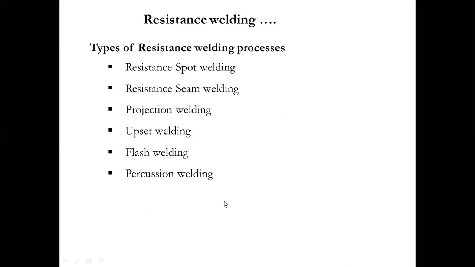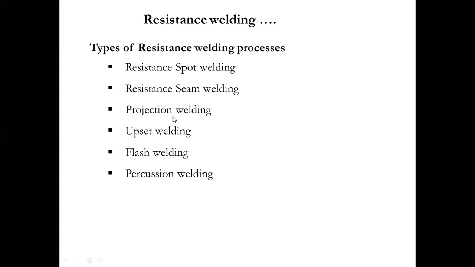Now comes the categories of resistance welding. All are the same. The concept is the same. The resistance towards the flow of current is called resistance welding. All the six will use the same concept, but the machine setup will be different. In resistance spot welding, you will be doing the spot nuggets, right? In resistance seam welding, you will be doing a continuous joint between the two plates. A continuous joint will be done by using a seam welding process, right?